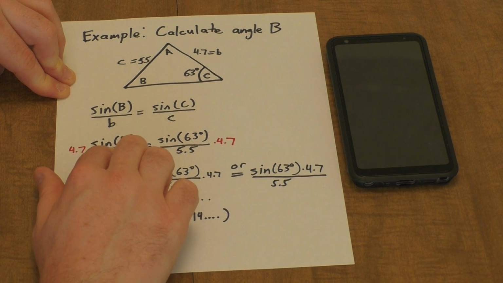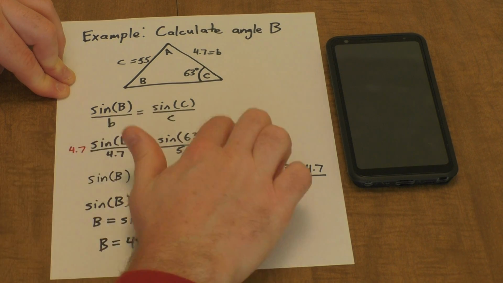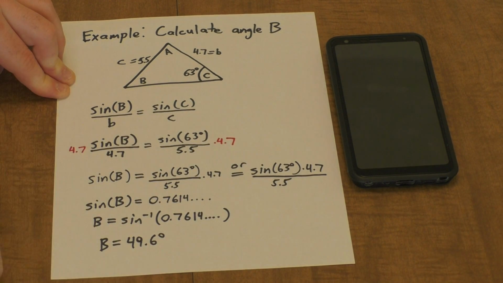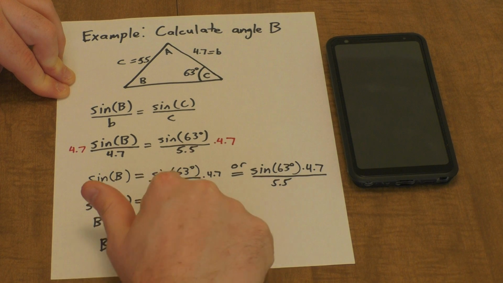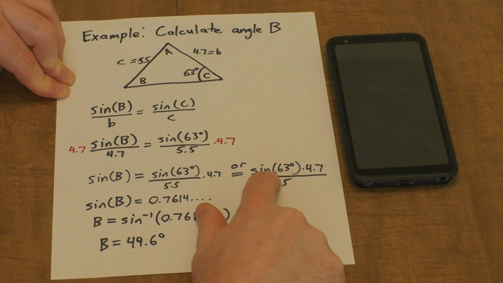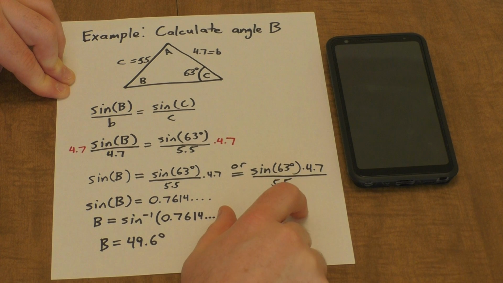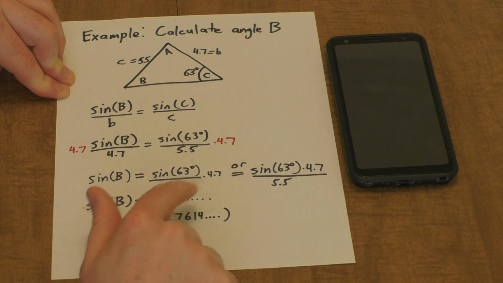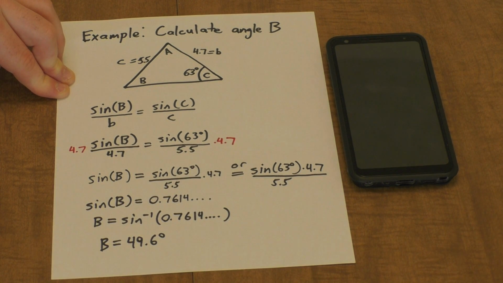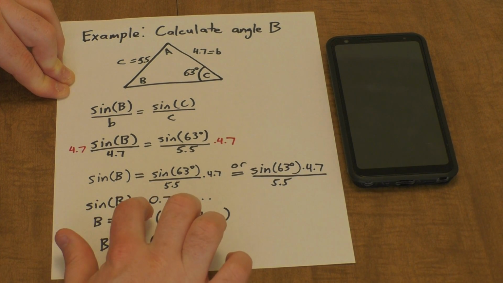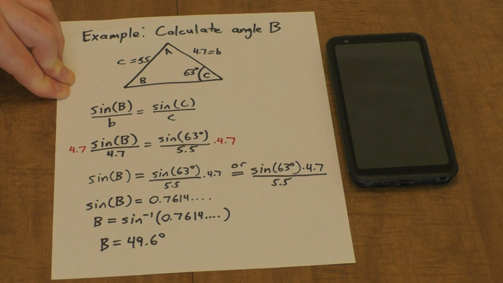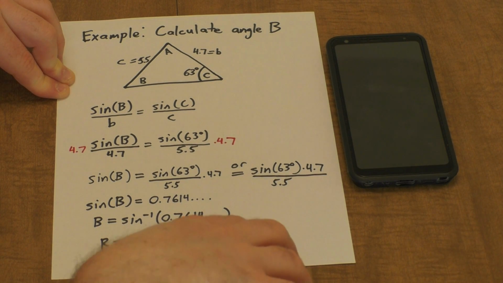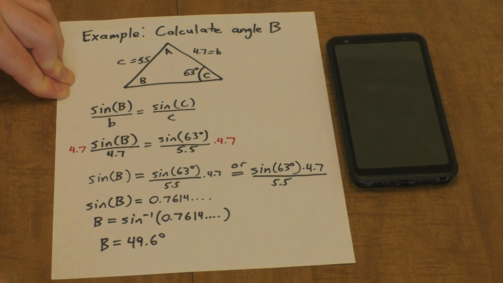To get rid of this 4.7, just like I did in the previous example, multiply on both sides. The 4.7s will cancel. I'm left with sine of B equals this, or more simply put, sine of 63 degrees times 4.7 over 5.5. I get this number, and that's what sine of B equals. Sine of B equals 0.7614. But what I want is the actual angle measure. So I'm going to take the sine inverse, because if you remember, sine inverse takes in the ratio and gives us the angle, okay? And that gives me